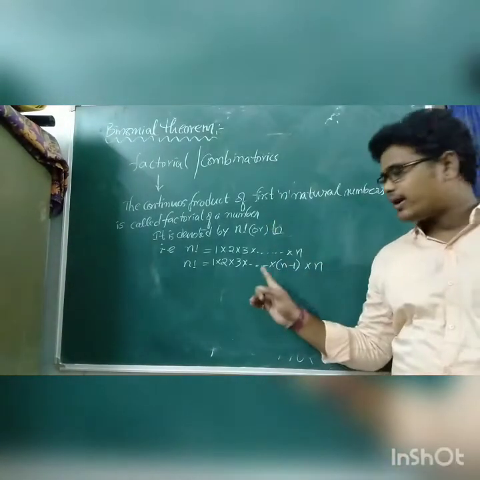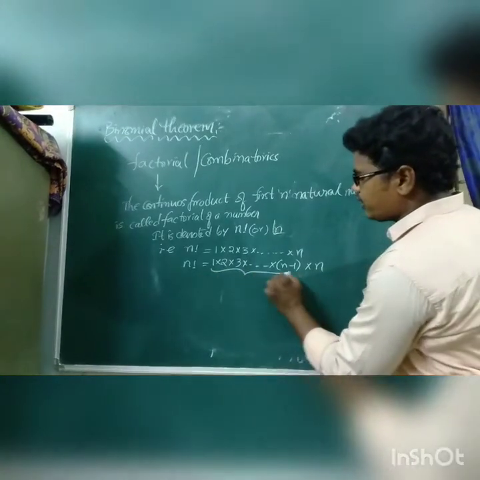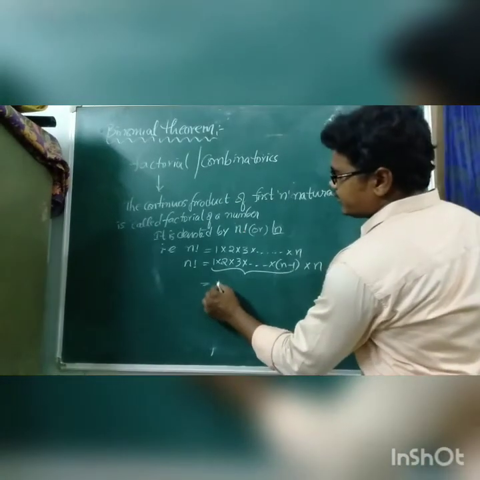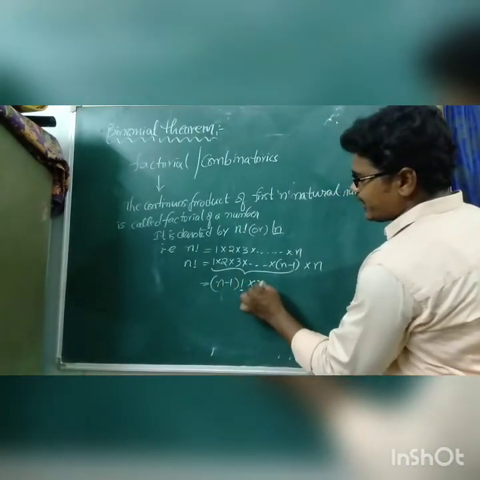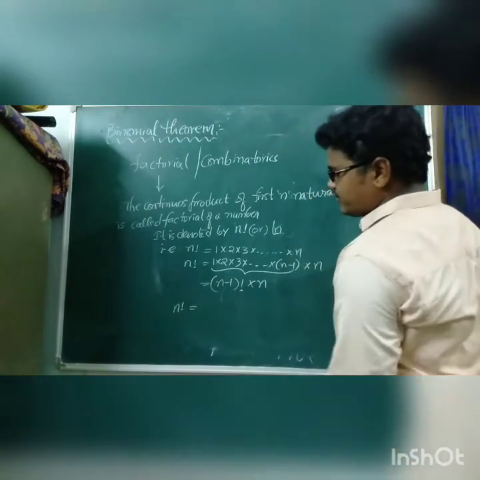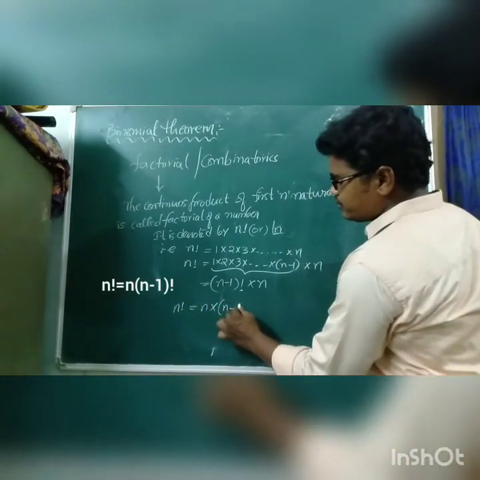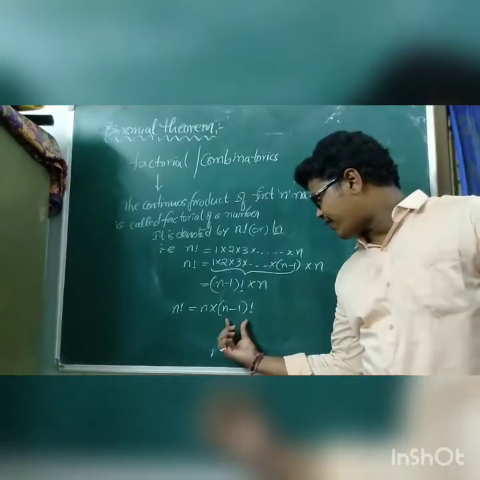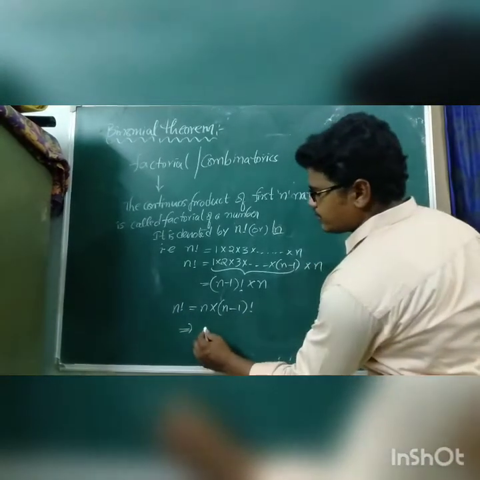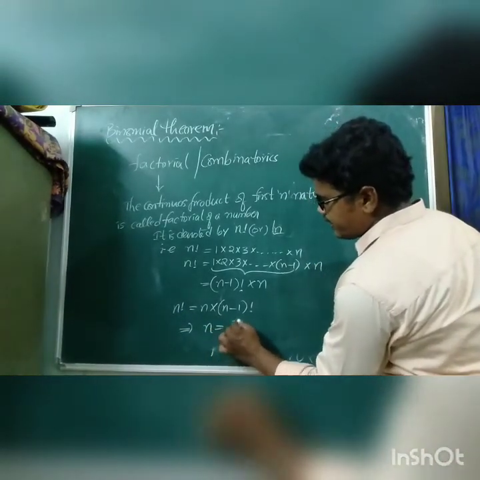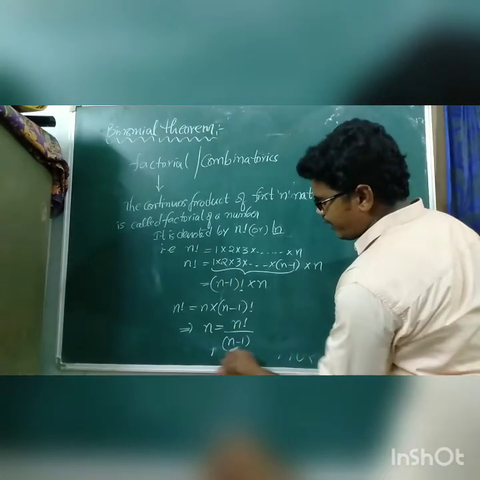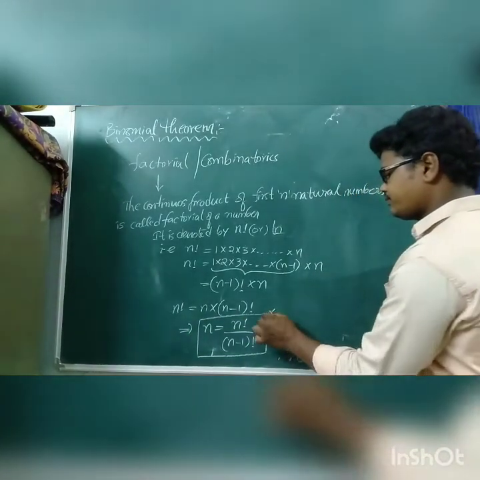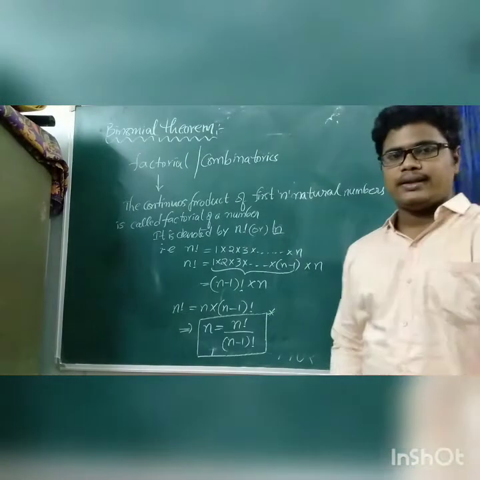By the definition of factorial, we can say that the continuous product of the first n minus 1 natural numbers is called n minus 1 factorial. Means n minus 1 factorial into n. That means the value of n factorial is equal to n into (n minus 1) whole factorial. Now the complementary exists for multiplication, so this n minus 1 whole factorial will go to the other side. It becomes n equal to n factorial by (n minus 1) whole factorial. This is the main important criterion. Okay, by the way, the next.